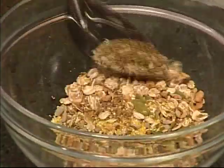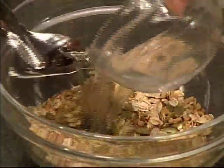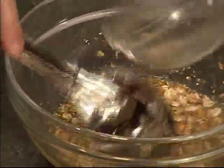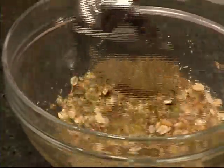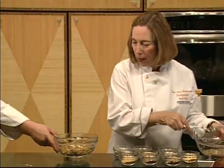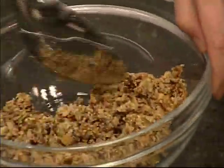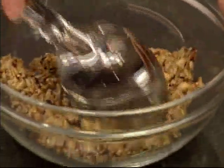Just stir them together and then let them soak in the water. And you'll see that it looks like a lot of water, but it actually absorbs completely into the grain mixture. If it doesn't, just add whatever remains into the dough. And this is after sitting overnight. It completely absorbed, and you can see it's a nice, moist texture